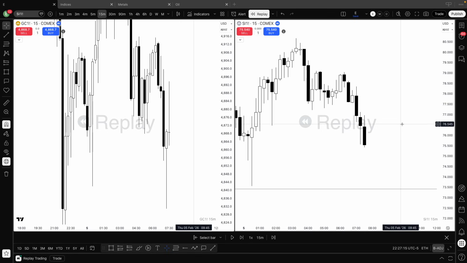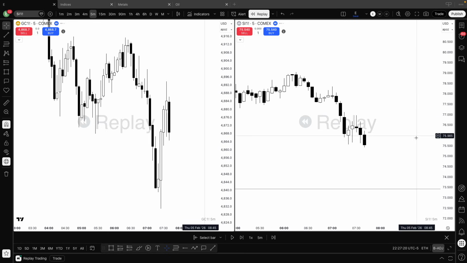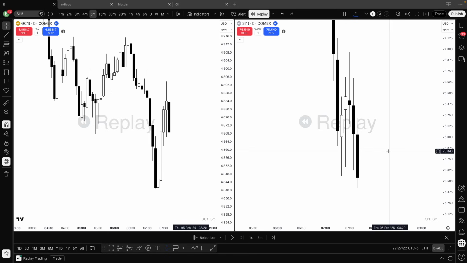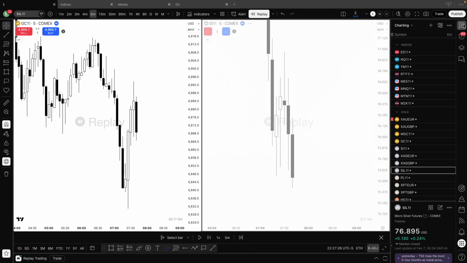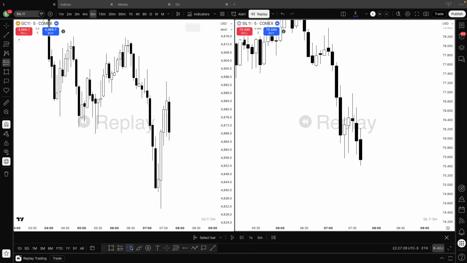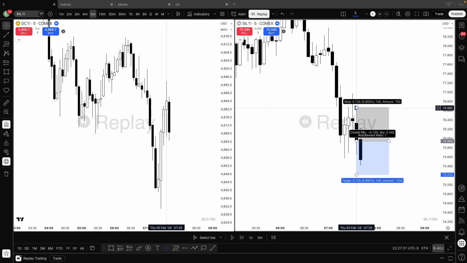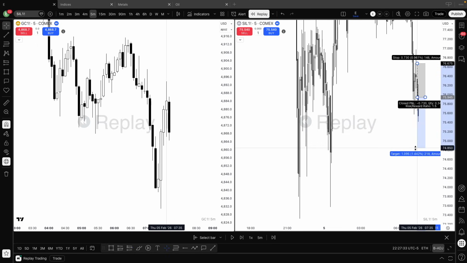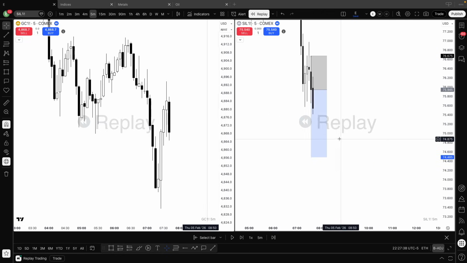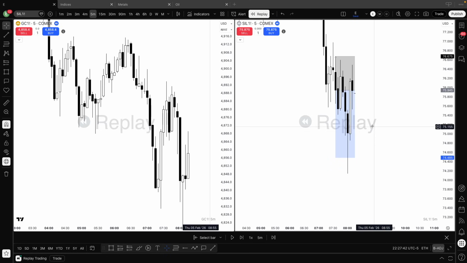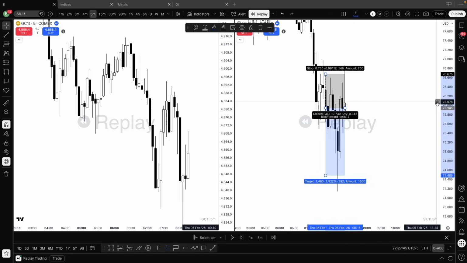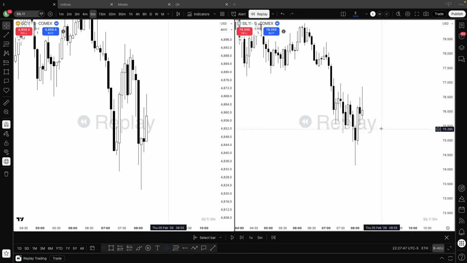This is a 2-stage continuation sequence, very, very high probable sequence. You're just looking to trade the continuation here, right? So when I was in silver, the micros, as soon as the micros close lower and make a CSD here, I take this trade, and I was targeting 2R right there. I didn't want to take it to the low because this was on an eval. I had to TP because of consistency. As you can see, it hits my TP, and then it consolidates for a bit, creates another 2-stage continuation, and